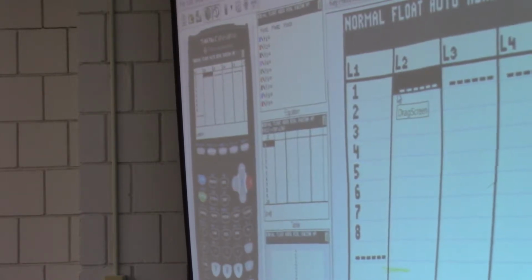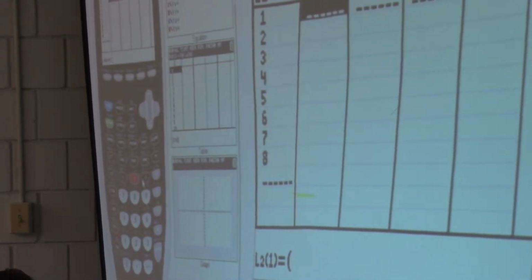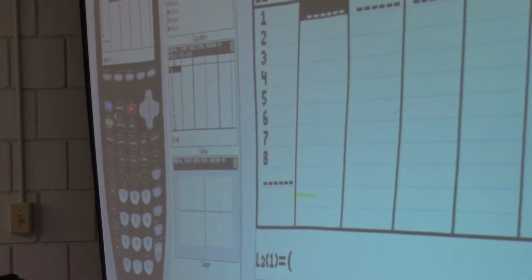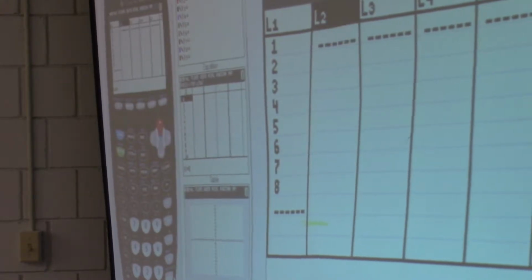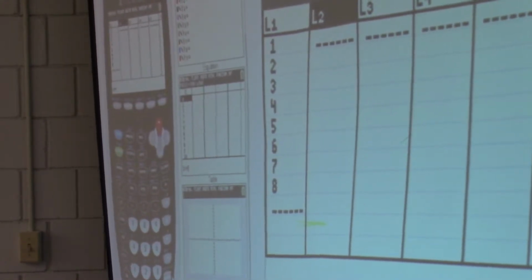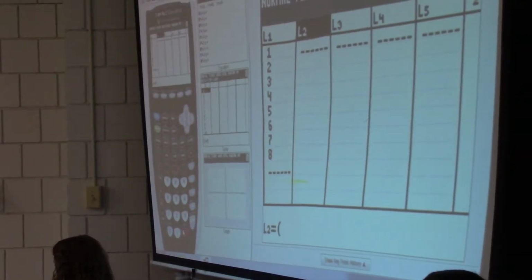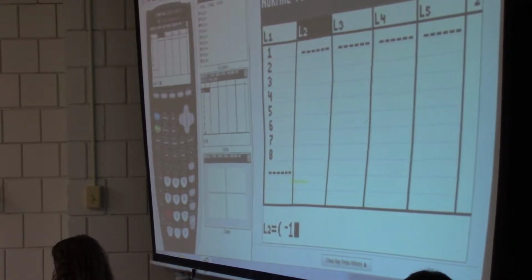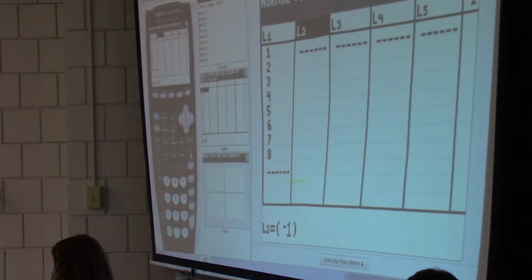So what do I type in here? Don't use X, use L1, right? You gotta jump up to the L2. Up arrow, and I'm in L2 right here, and I will do parentheses, -1, close the parentheses, raise to the L1,